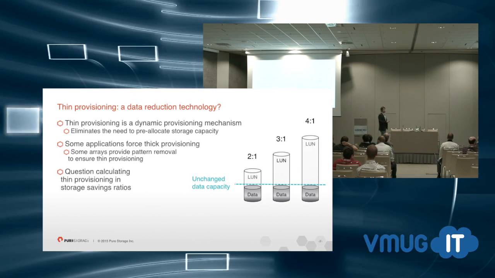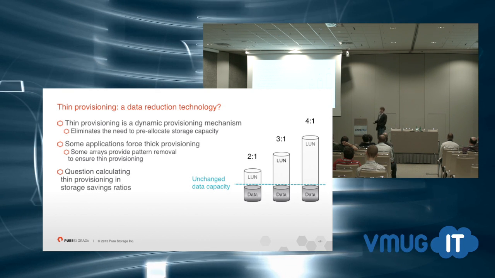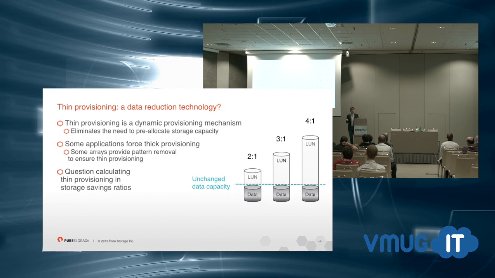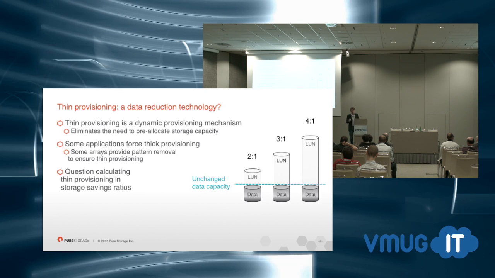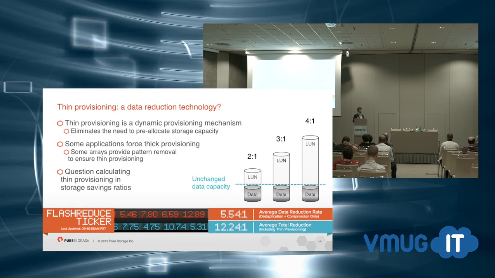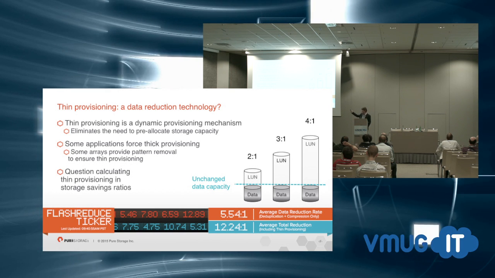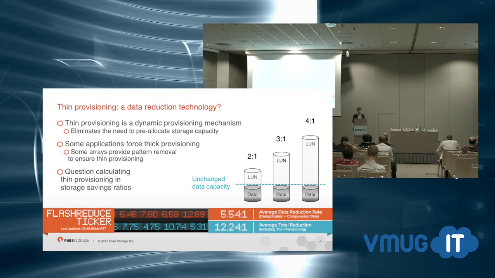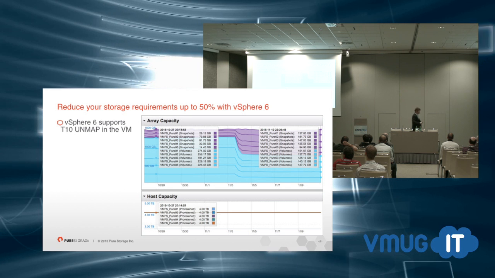It's the same slippery slope as looking at snapshots. One snapshot, hey, 2 to 1, 2 snapshots, 3 to 1, take another one, 4 to 1, right? So you need to be educated around what's going to actually reduce your capacity footprint and what's a dynamic form of provisioning. We try to do so on our website. This is our old ticker that's denoting the difference between data reduction and data reduction including thin provisioning, which we call total reduction.